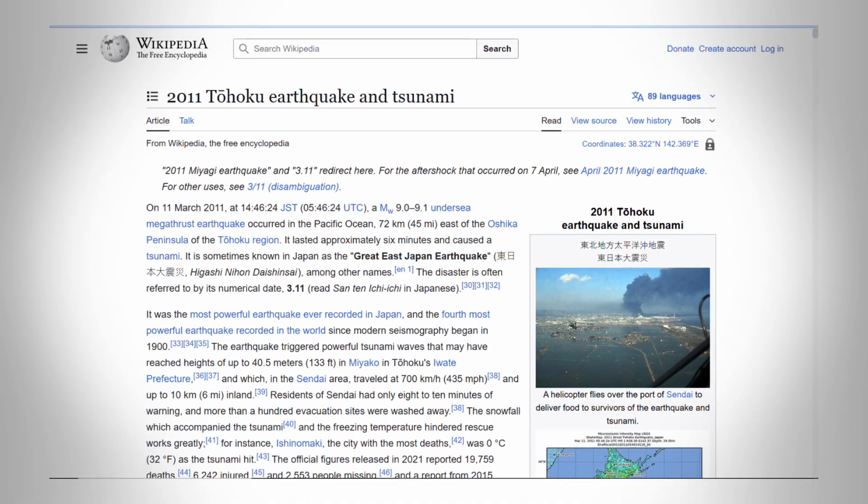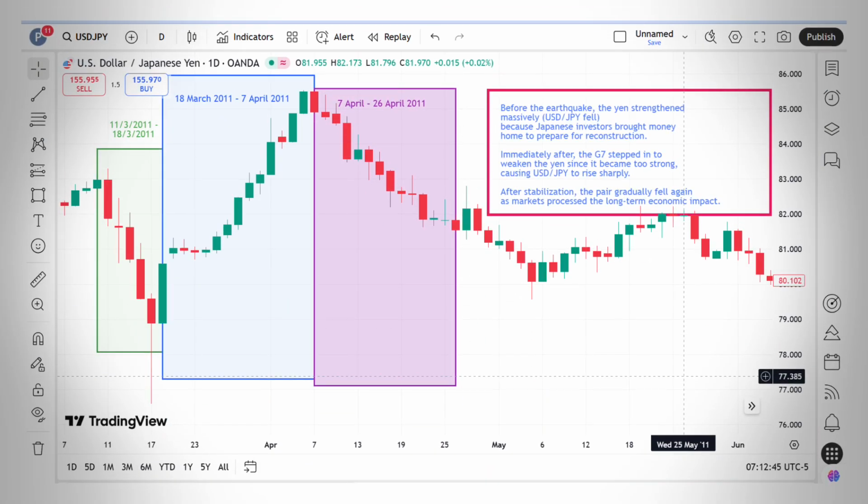For example, in 2011, when Japan faced earthquakes and tsunamis, we saw a temporary increase in the Japanese yen, and that was because investors brought money into the country to rebuild businesses.